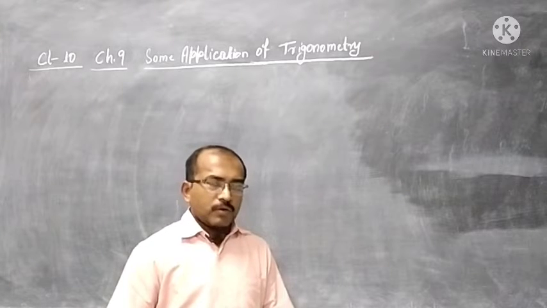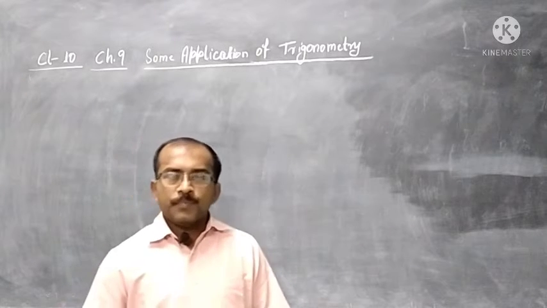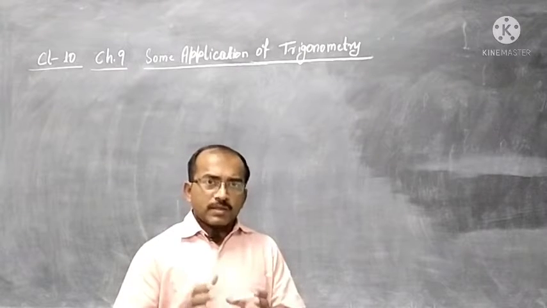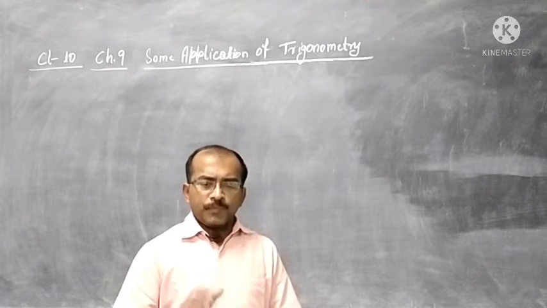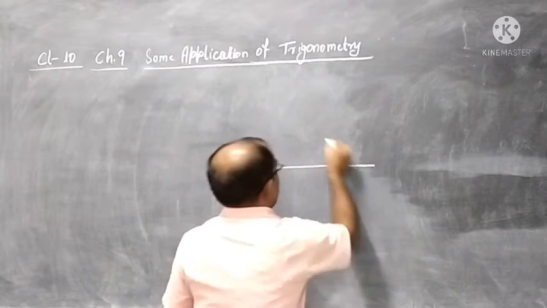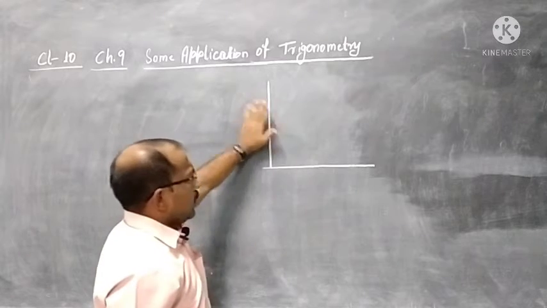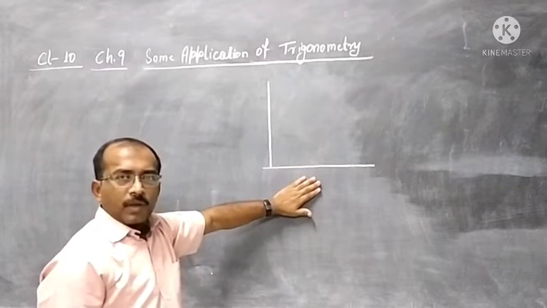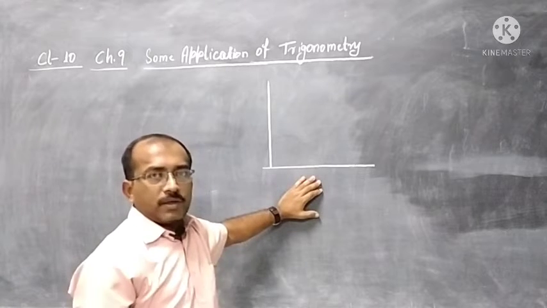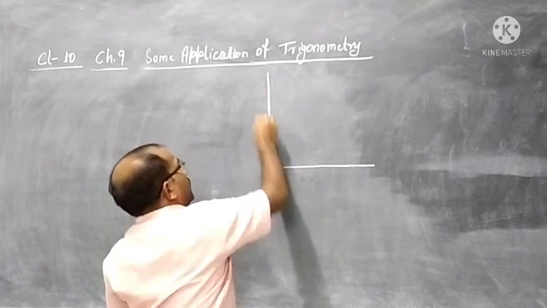So, whenever we come across a question in height and distance, we need to first know what was the situation, what has happened, what is mentioned in it. So, we find that there was a tree standing on the ground. Let us consider this is the height of the tree standing on the ground. Then what happens? Due to a storm, the tree gets bent. So, if this was the height of the tree, let us say AB,